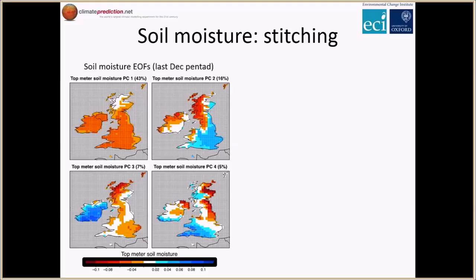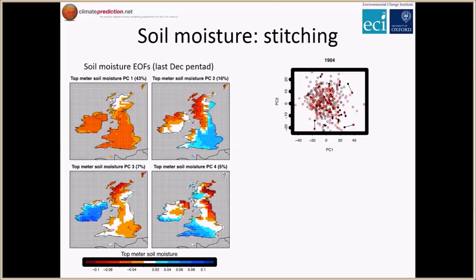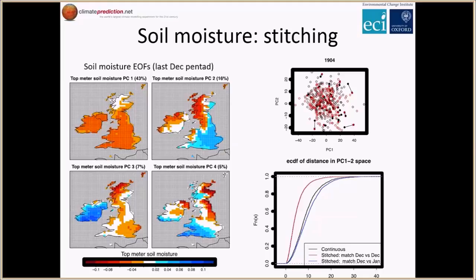So we decided to retain the first two EOFs, and by plotting our last December values in that two-dimensional space, we find out which simulations are closest to the next year's spin-up simulations, and thereby decide how to stitch these runs together. We also looked at how well we can do it, and here what you see is